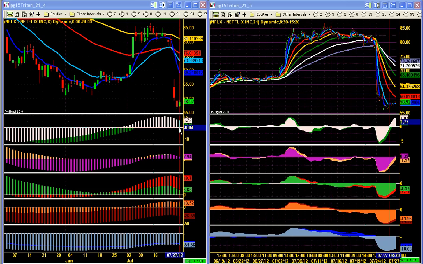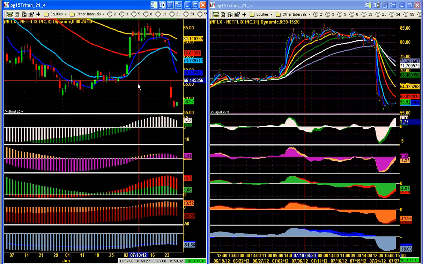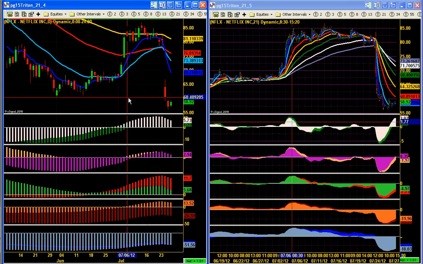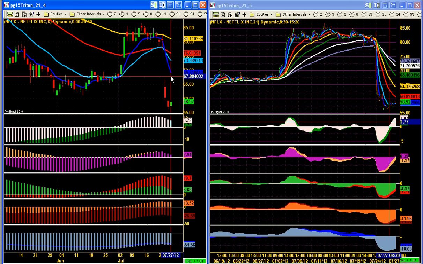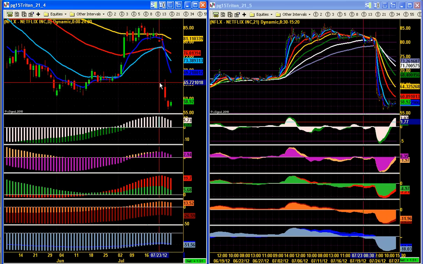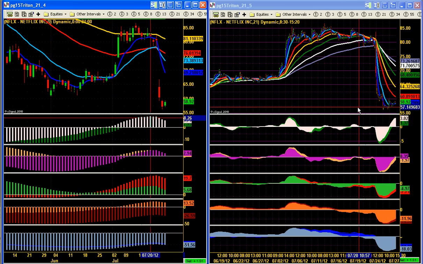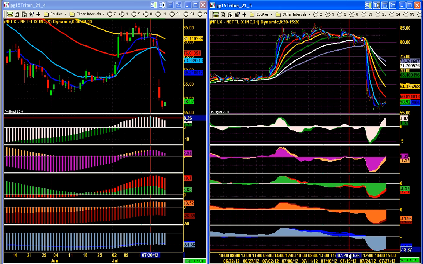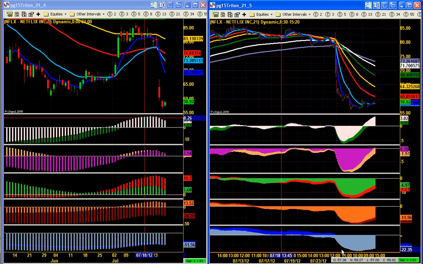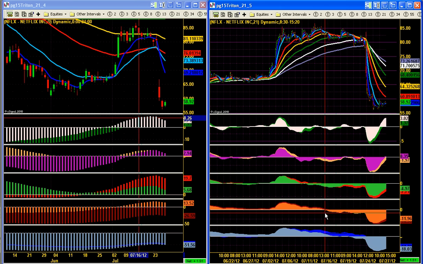Looking at Netflix, Netflix made a slight recovery, basically with the market on Friday, up $1.91. Netflix looks like it's rolling over, but it still could come up to 67 and still be in a decline with T1, and that's on the daily. On the 21-minute chart, T4 actually went down below zero at $83 on 7/17,